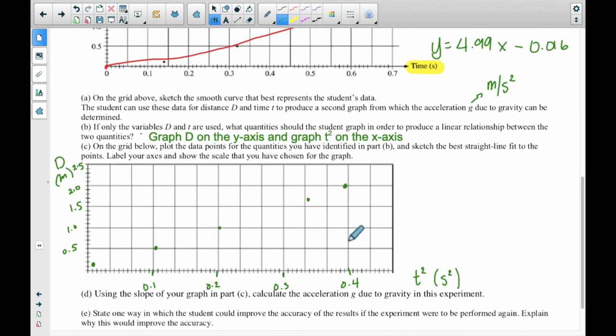Okay, so my points are going to look something like this. Again, I could look at my calculator to get an idea a little more clearly of exactly what they are. I'm going to use a straight edge, and I'm going to connect these with a straight edge. And again, on the AP test,